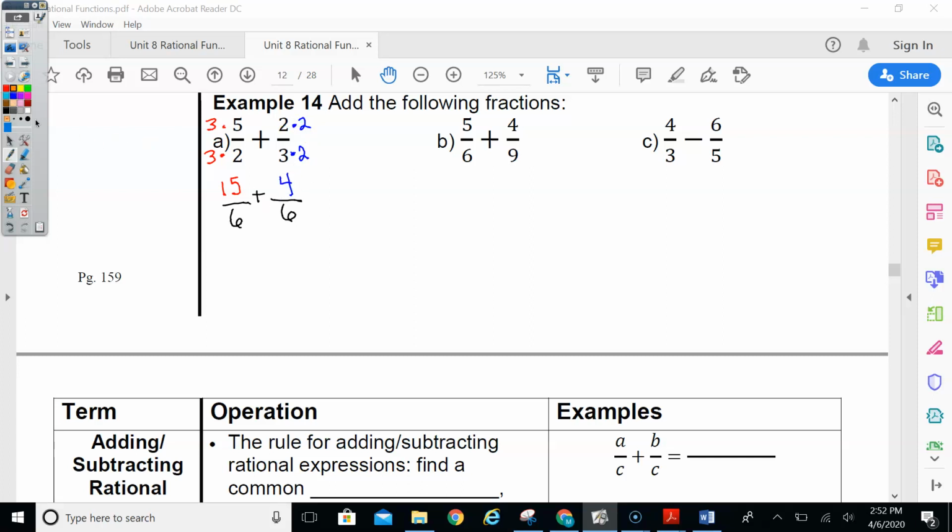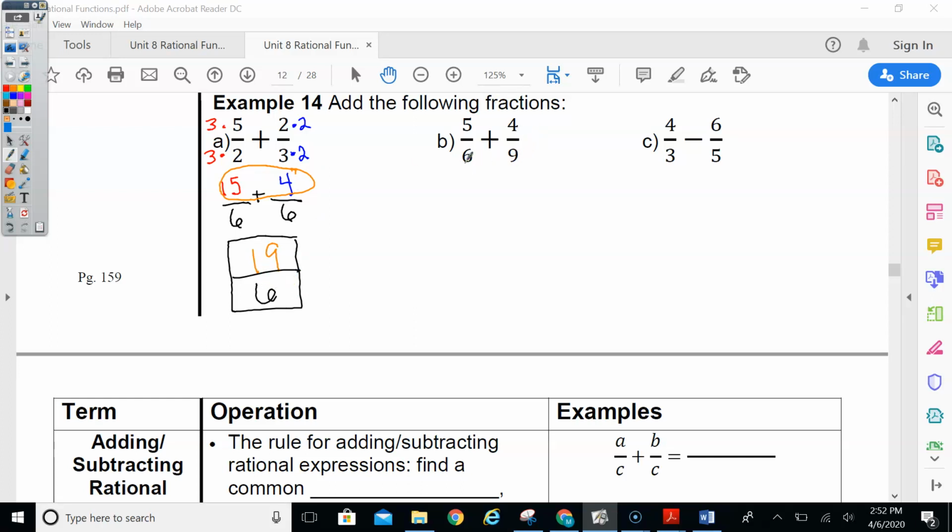So now when I combine them, you add numerators. So 15 plus 4 is 19. But the denominator stays the same. So 19 over 6 would be this fraction. And we're going to leave everything as improper fractions. We really don't want to think about converting it to a mixed number. So that's all we have to do there. Over here,